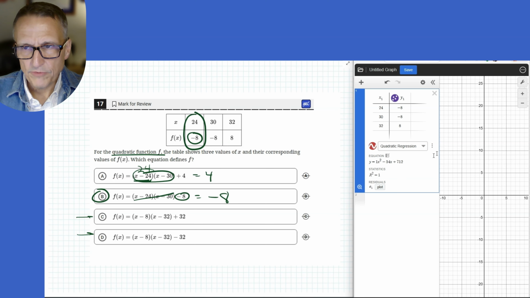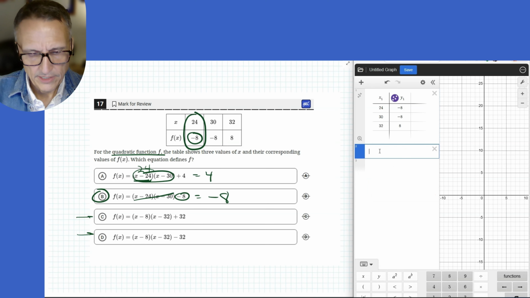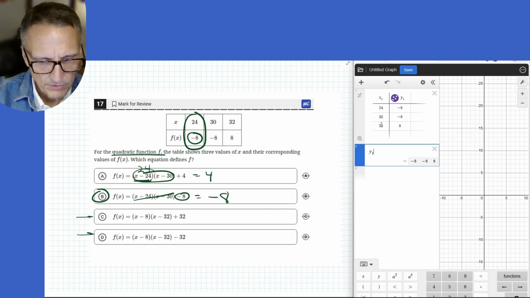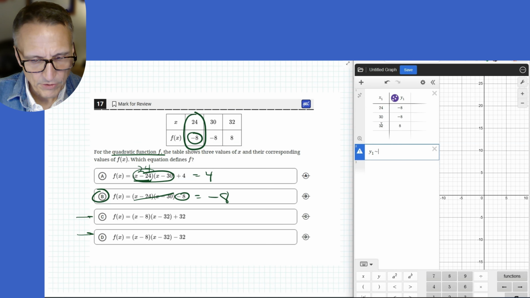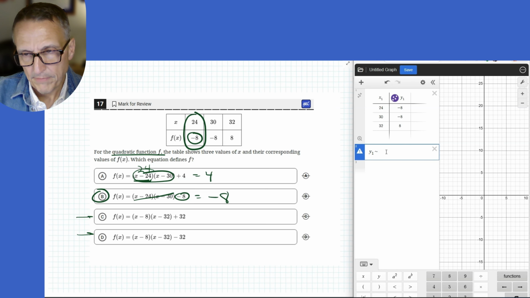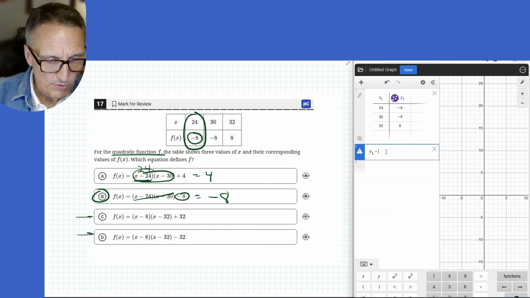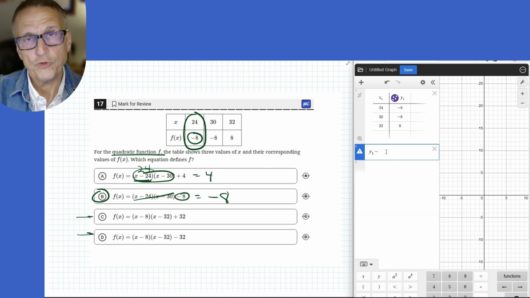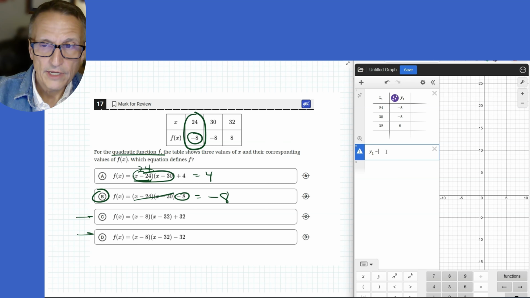But what you can also do is you can do a customized regression. What I can do is say y1, I'm going to use my variable y1, that's my variable in the table, and I'm going to use a tilde. If I've ever coached you on the SAT, there's a good chance I've shown you customized regression. I don't think I show this to all of my students. It may not come up. But on your keyboard to the left of the number 1, if you do a shift and you bring up that tilde right there, that's what's telling Desmos to do a regression using the values for